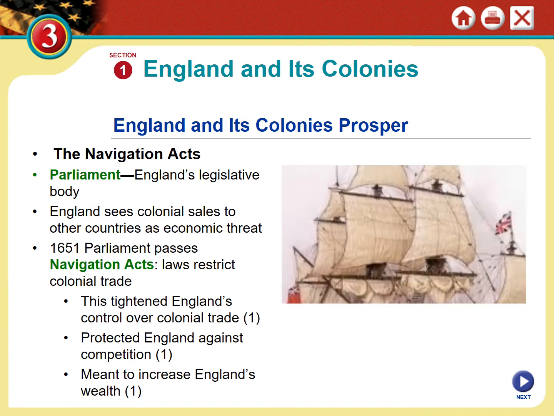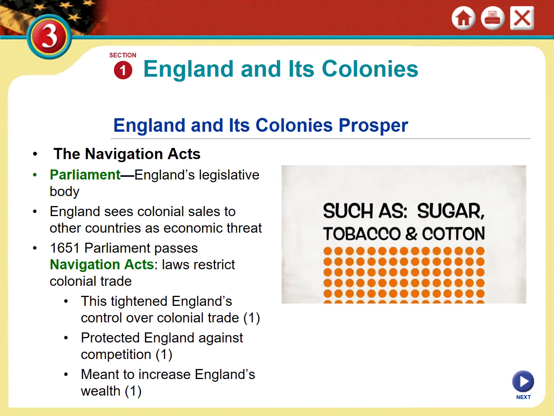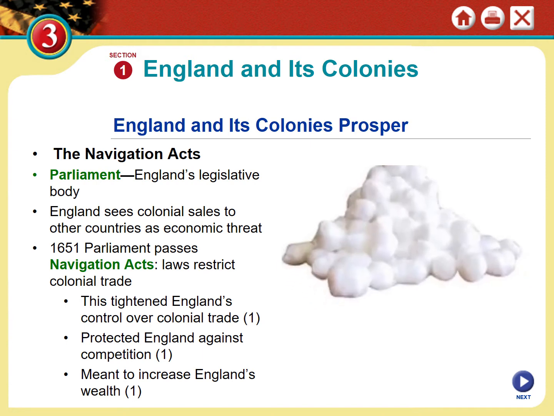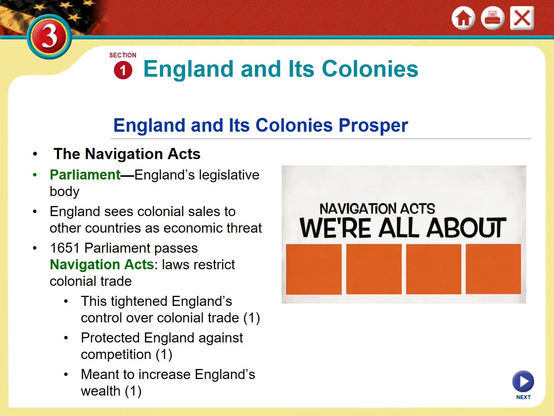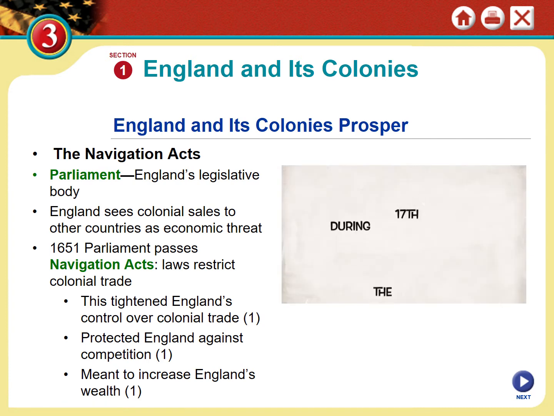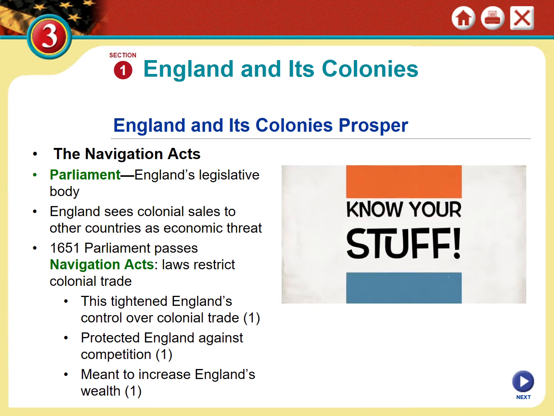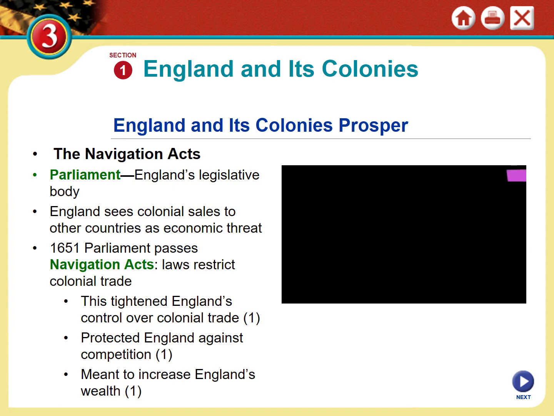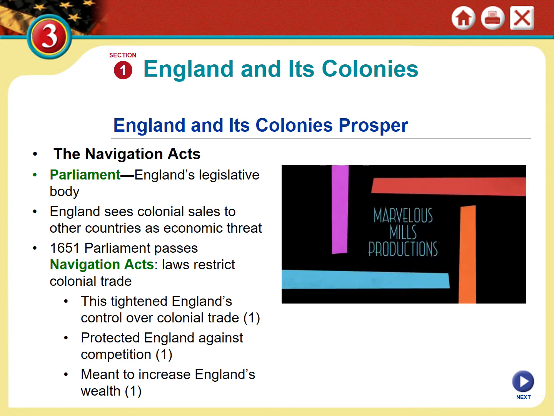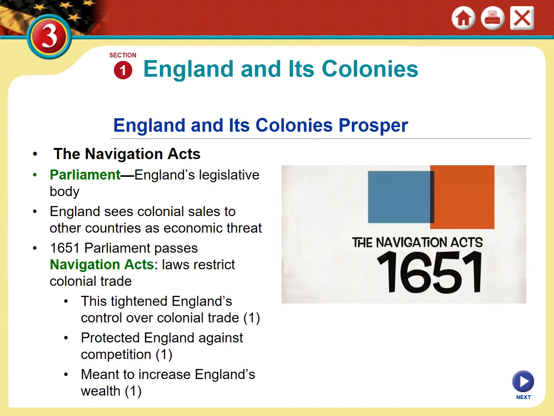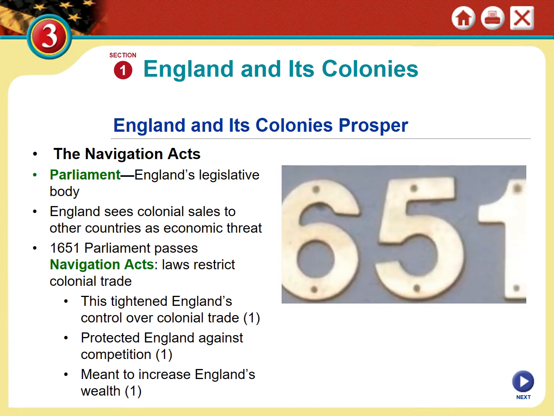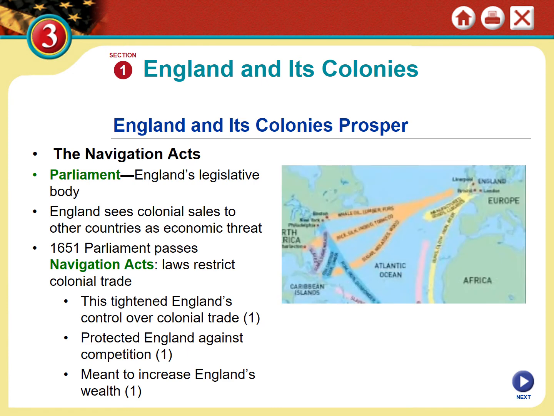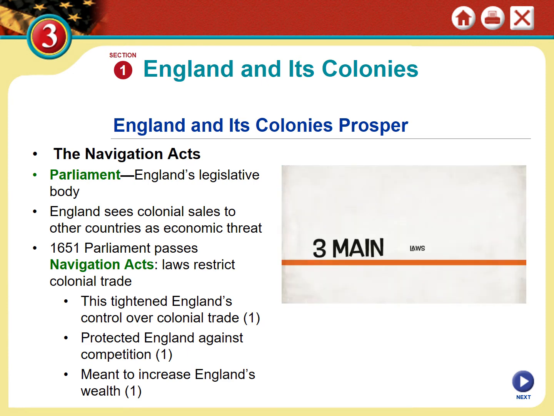And so in 1651, Parliament passed the Navigation Acts. And these laws were intended to restrict trade. In effect, it tightened England's control over the colonies' trade with other countries. The idea was to protect England from competition. It was meant to make England more wealthy by guaranteeing England's exclusive trading rights with its colonies in the form of sales of finished products and imports and exports